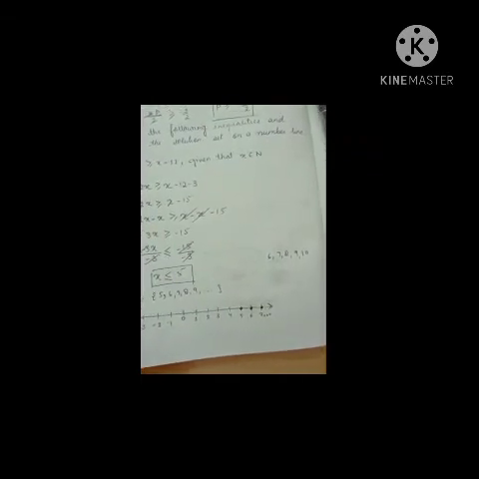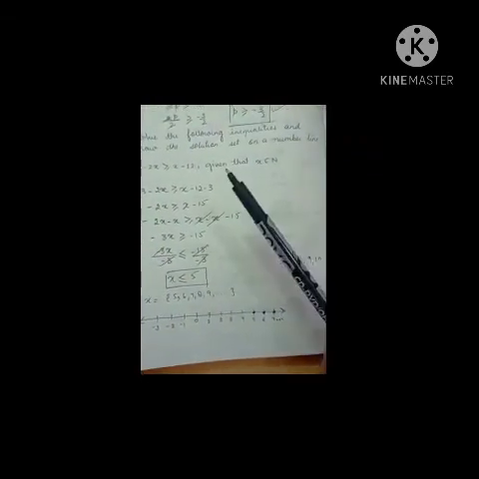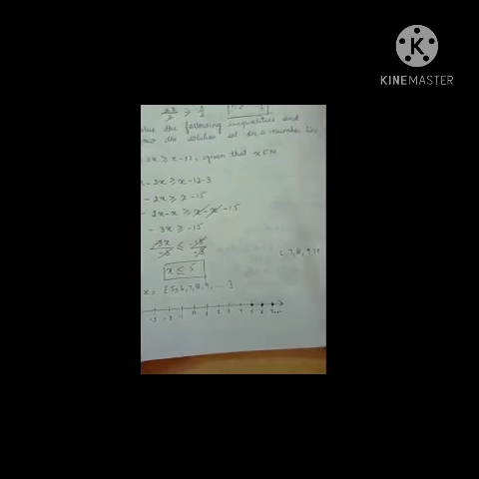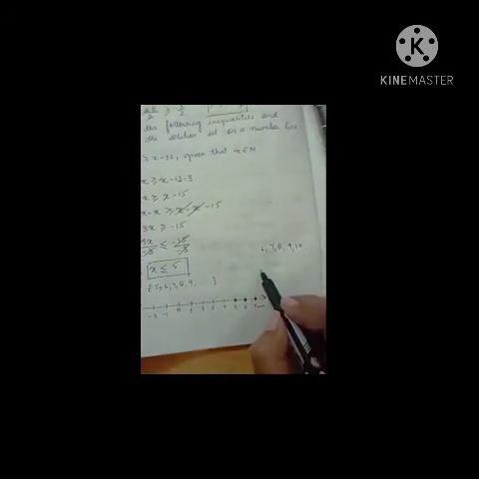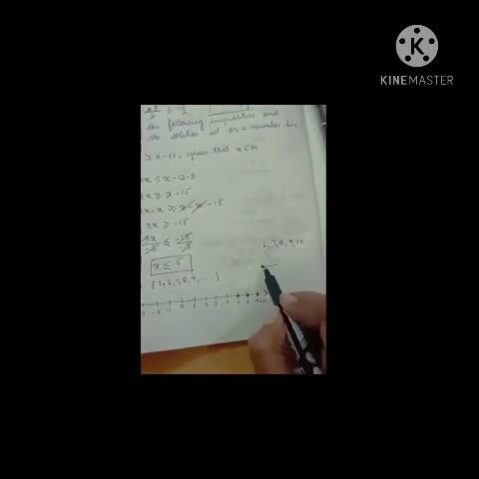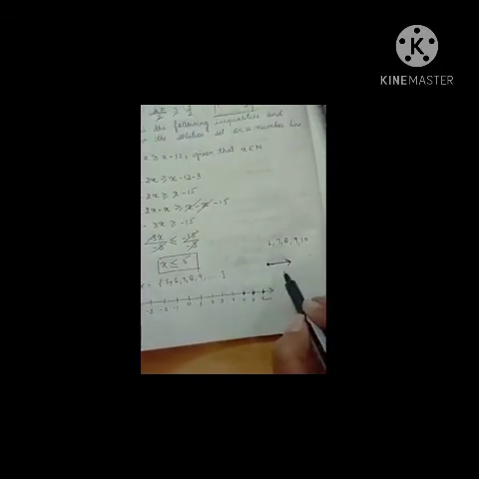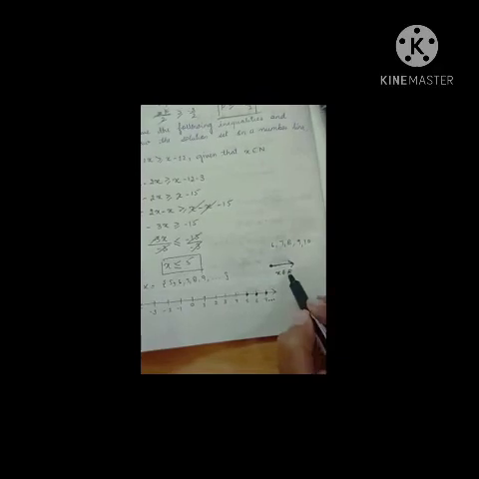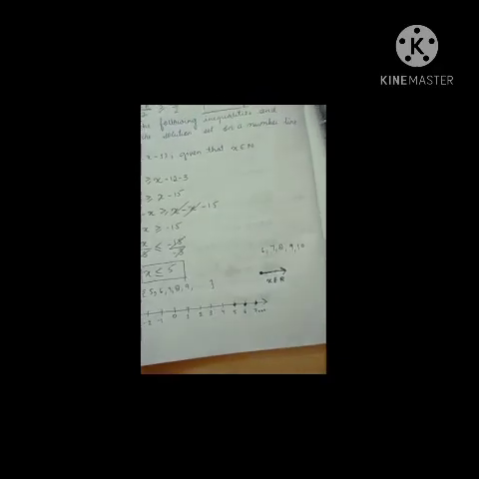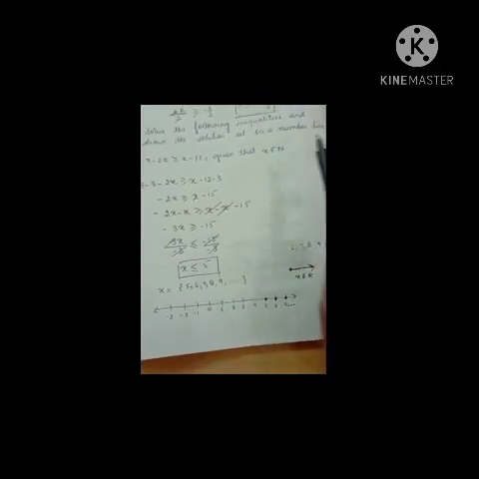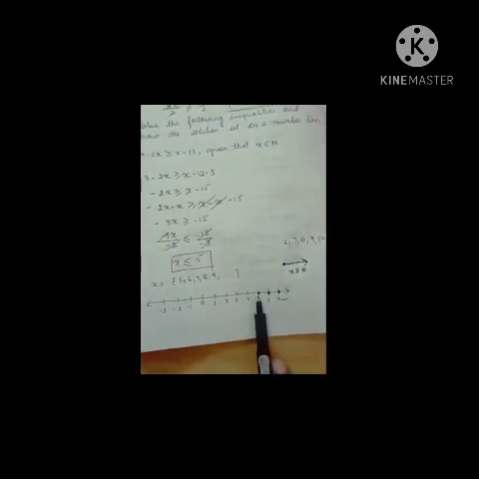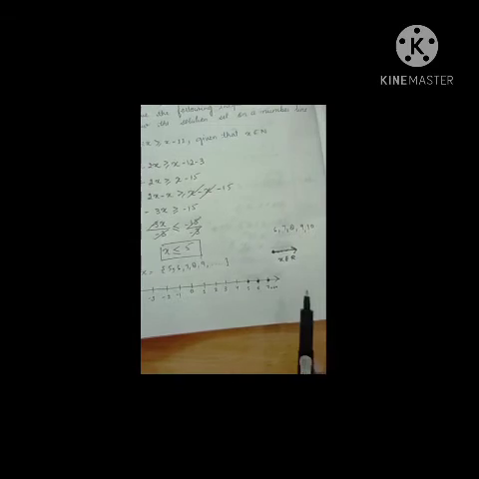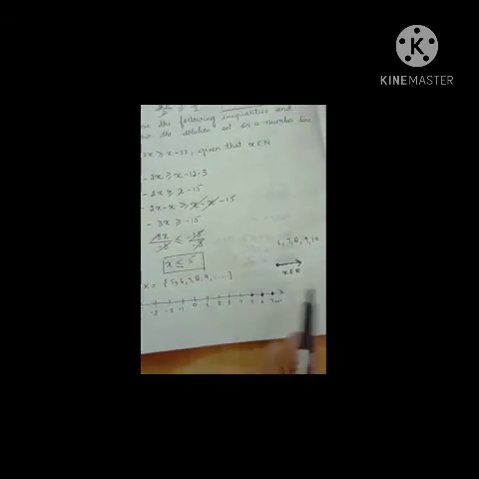When the condition says that x belongs to real numbers, we don't represent it by dots. We represent it like this, with a thick line, because when it says x belongs to real numbers, it means we include the decimal numbers also. Here we don't include the decimal numbers, so we only put a dot on 5, 6, 7, 8, 9 and we make 3 dots because this goes on.